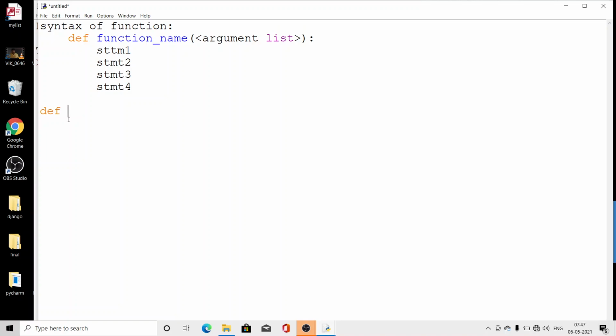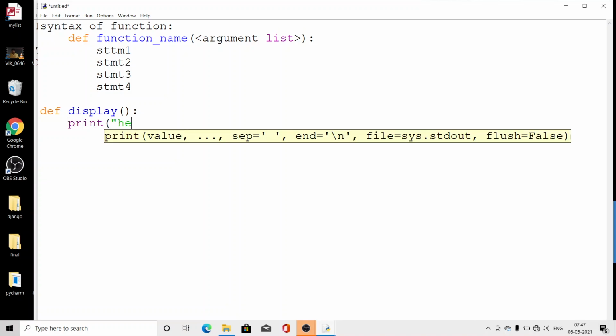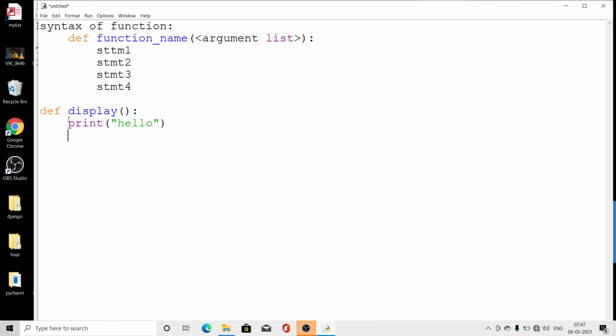So I have to use the def keyword, and then I have to write the name of the function, like display. And then if we do not have any parameter, the bracket will be empty, and then we will write here print hello. This is a simple function that displays the hello message every time.